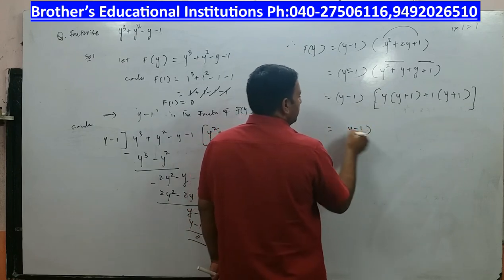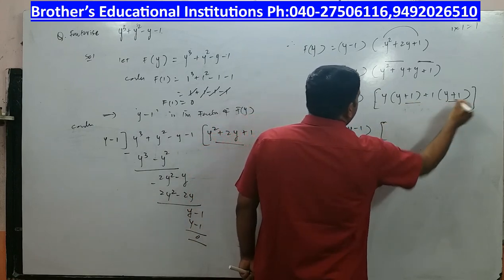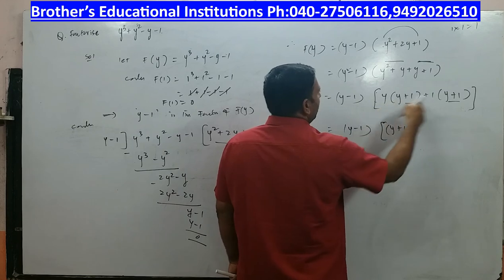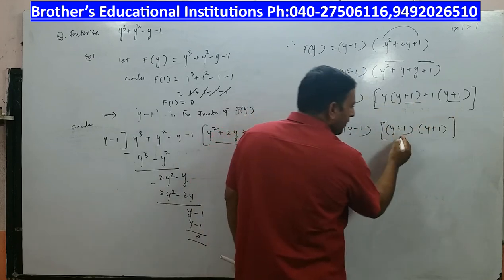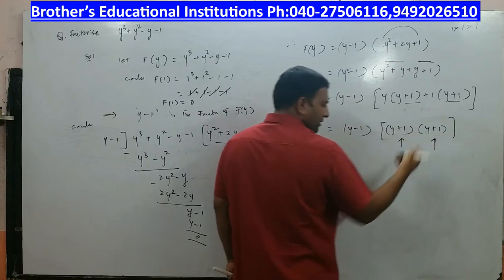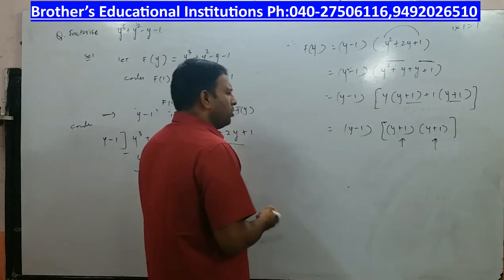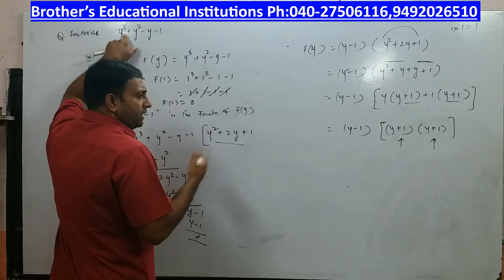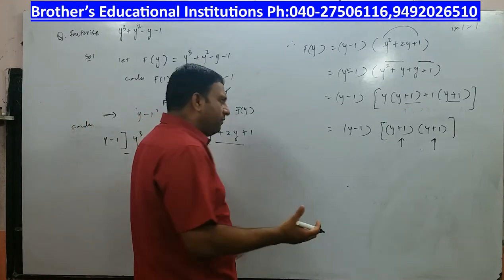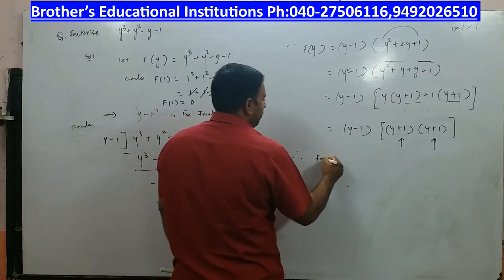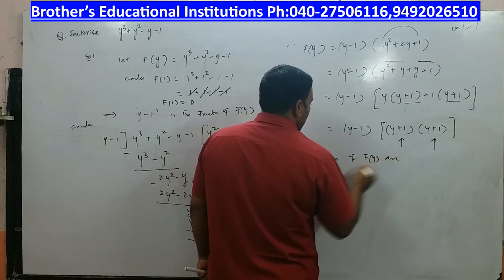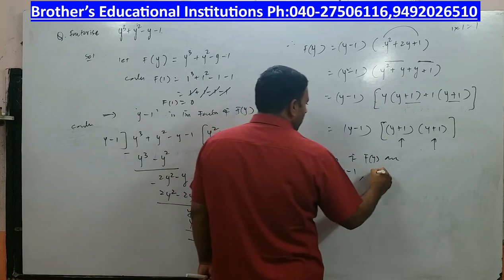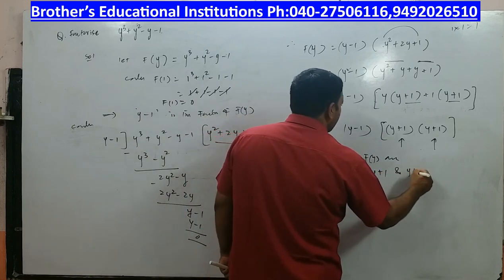It is y minus 1 into, again what is it you can take common? Y plus 1 into, what do you have? Y plus 1. Right? You can see 3 factors, but these two are repeated factors, right? They are called repeated factors. It makes no difference to us. The power is 3. It's a cubic polynomial. I need to show 3 factors. So therefore, the factors of f of y are y minus 1, comma, y plus 1 and y plus 1.